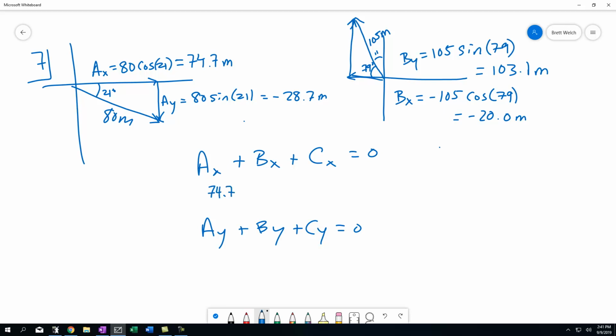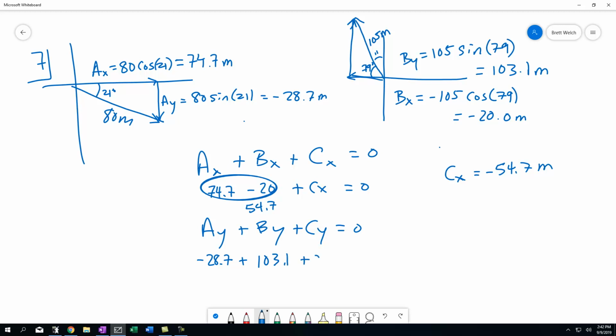74.7, but I had a negative 20 for bx because it was to the left, plus cx is going to equal 0. Well, this right here comes out to 54.7, and that's positive. So cx is going to have to be negative 54.7 meters. And then when I do ay at negative 28.7 plus by at